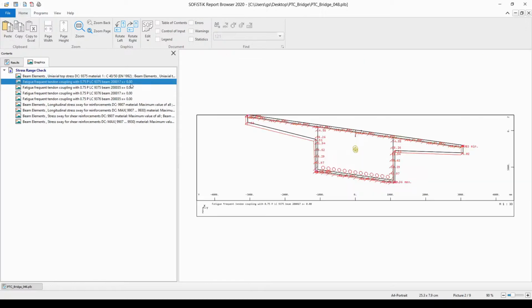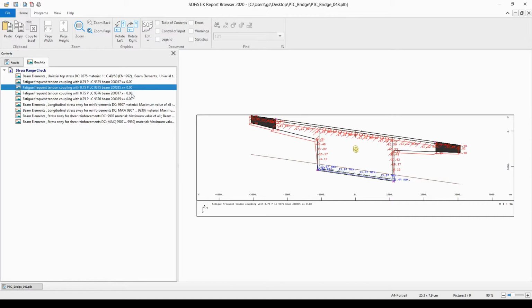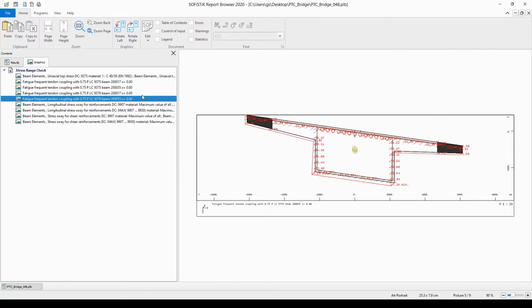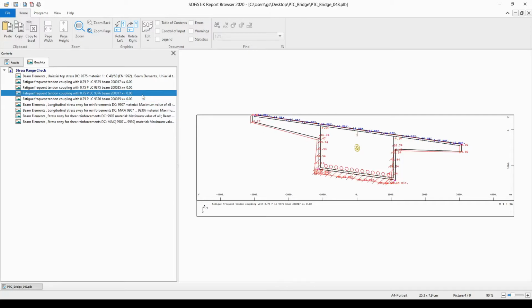In the forthcoming pictures, we can see stress plots of the cross-section found at beam element 200,017-35 from the calculated max MY and min MY cases. So if you know exactly where your couplings or weldings are along the tendons, then all you need to do is specify the beam element number in this check and review the stress distribution diagrams of these cross-sections, because there